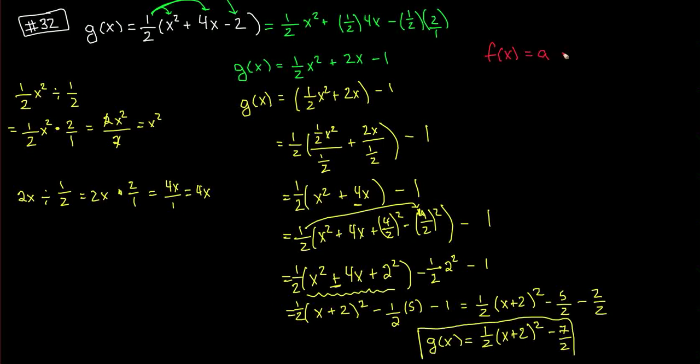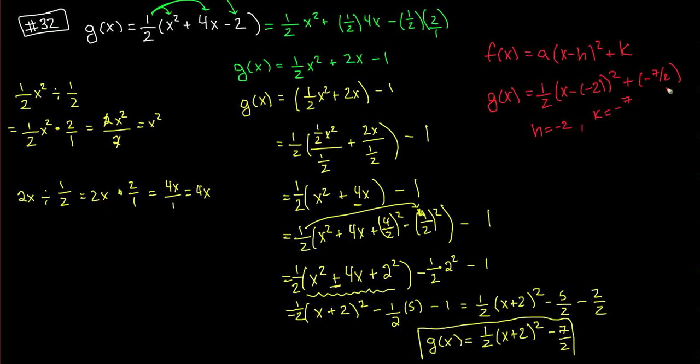This is our model, right? So if we want a minus sign in the parentheses and a plus outside, we could rewrite ours as g of x equals 1/2 x minus -2 squared plus -7/2. And that means h is going to be -2, k is going to be -7/2, sorry. So the vertex is -2,